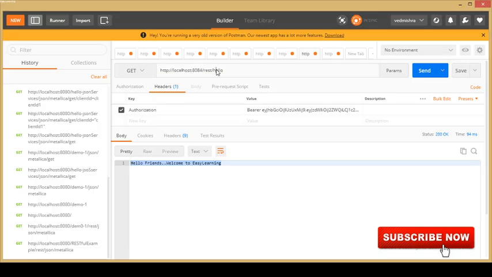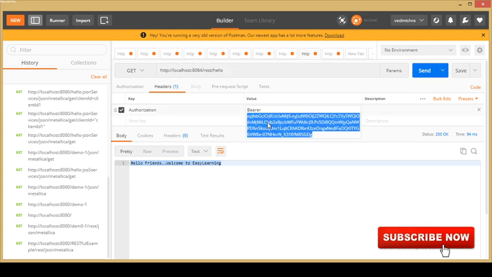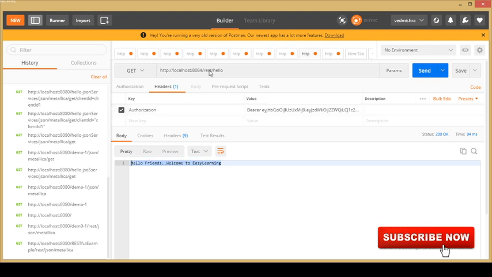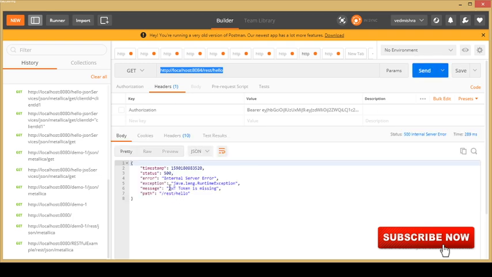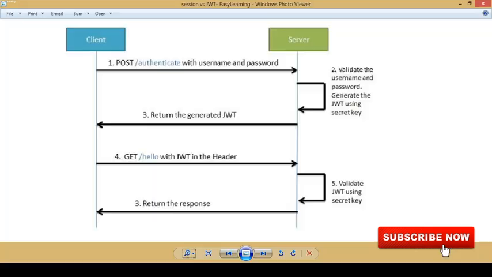I'll show you in the next video that if you hit with the authorization and the bearer space JWT token, then only in that case will you get the proper output of your REST. That means without the token, as you can see here, if I am sending, I should not be getting the output properly. So in this case you will need the JWT token. In my very next video, I'll be talking about how to work with JWT using a Spring Boot application.